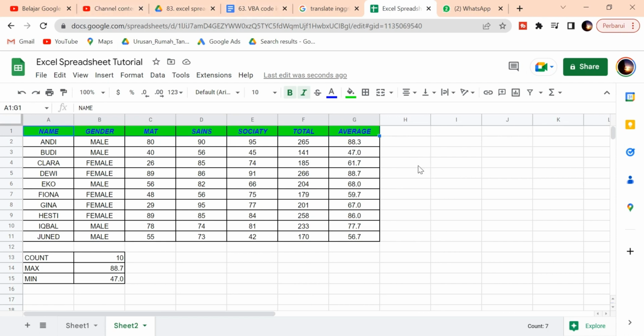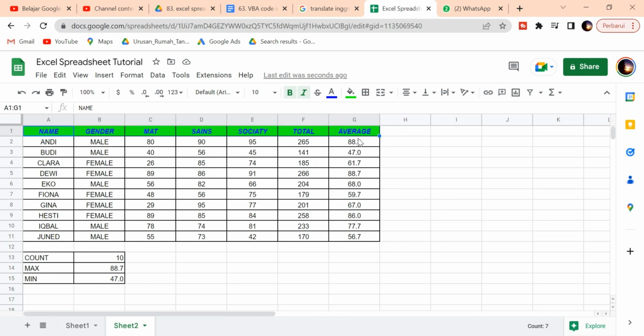Okay, and the bold, italic, and the color of cells and numbers, and you can make some alignment: center, left or right, or justify. Okay, we will make the alignment center,